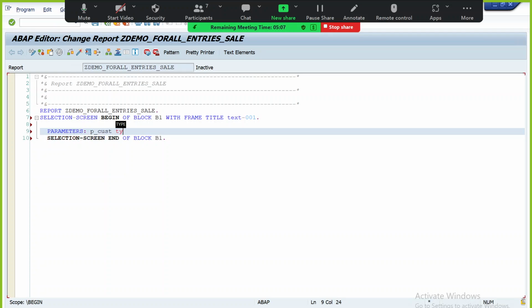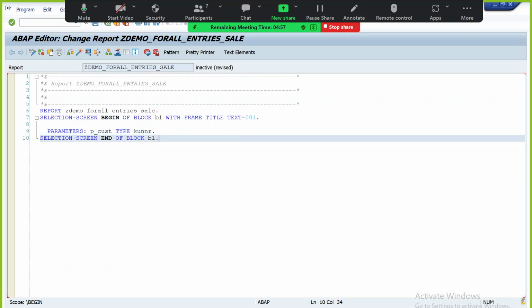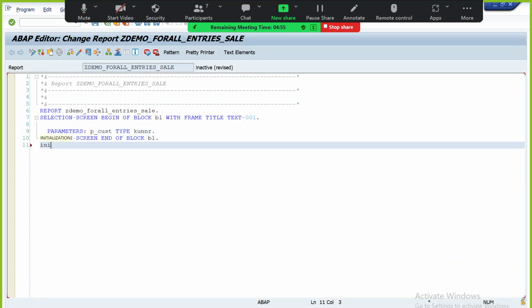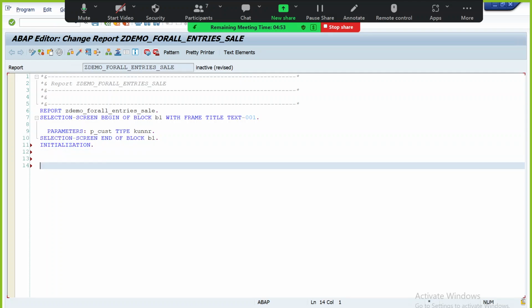so that we can reuse the customer validation function module. What is the KUNNR, I think. Let's assume customer number is my input. Initialization. What is the next event? At selection screen. For validation,